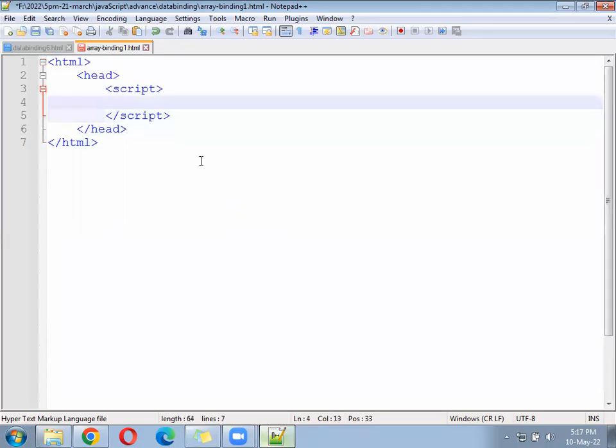And under the script, we will create a variable called city list equal to an array. City list becomes an array. Now this city list array,